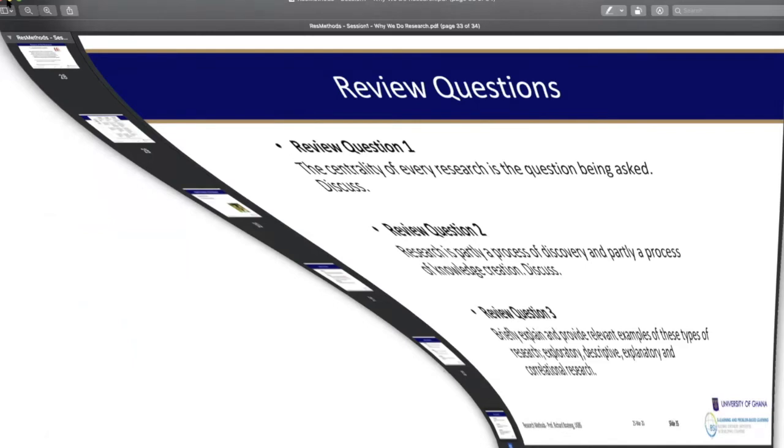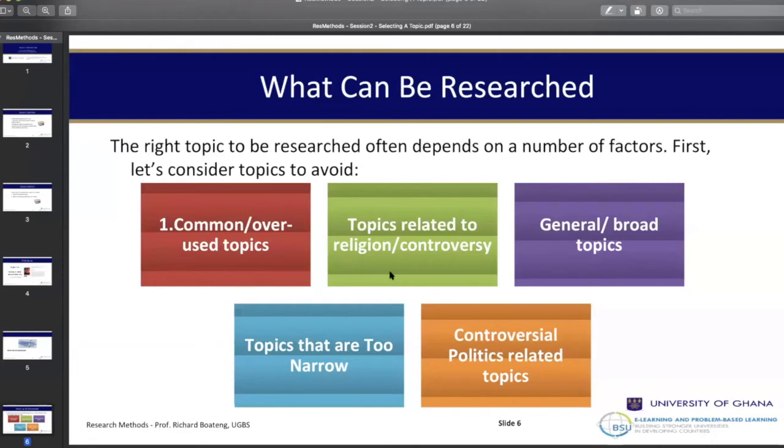First of all, it's necessary for you to avoid common and overused topics. Like you go online and you search for unemployment, there's so much on unemployment. Choosing a sub-theme, meaning female unemployment, may be better than choosing unemployment. Or if you choose a sub-theme on unemployment in a particular context, maybe in the agricultural industry, it may be better. So don't just choose a common topic. Otherwise, it's very difficult to demonstrate originality.